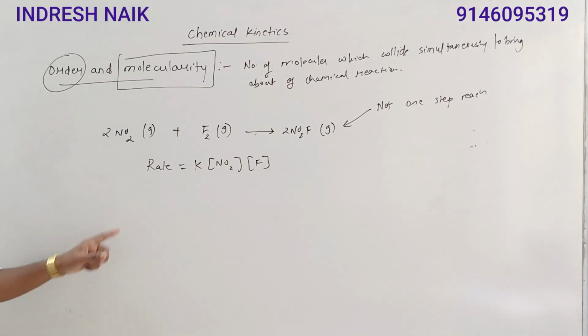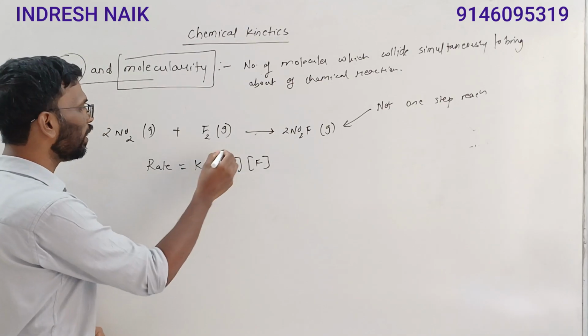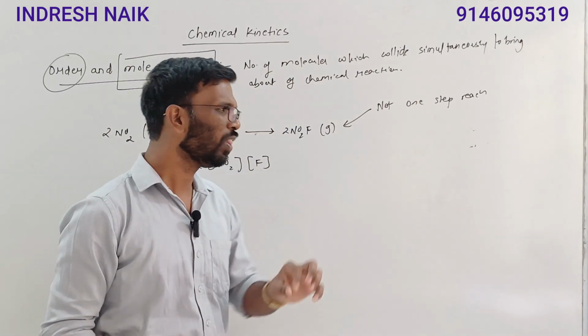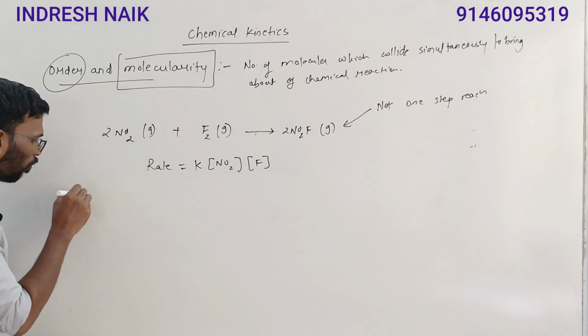What is the reason for this? Why is the rate law like this, why is the 2 not there over here? Because this reaction takes place in two steps. Now we'll write the steps. So step 1 of the reaction is